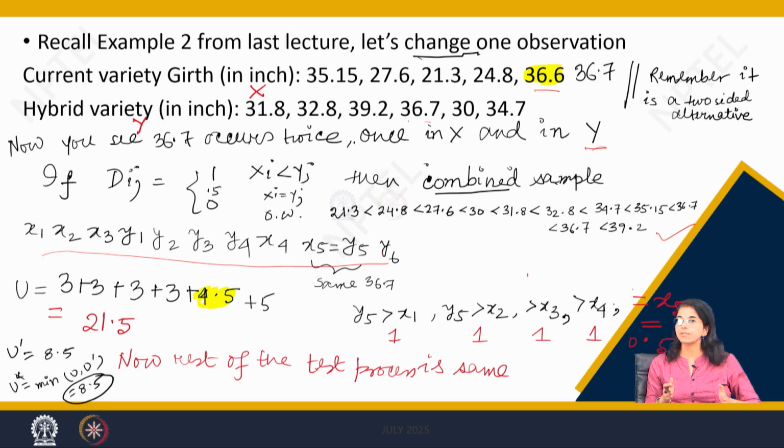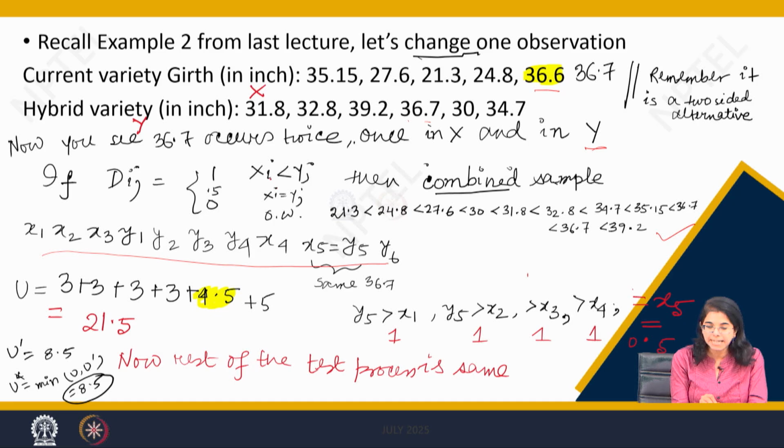Now, you know how to calculate U, okay. So, you know how many times Y precedes X. That you have to count. Similarly, we are counting, as we have defined Dij by Xi less than Yj, how many Y's are bigger than X, how many times Y supersedes X. Clear? So, let us stick to the first Y, that means Y1. Y1 is bigger than X1, X2 and X3.